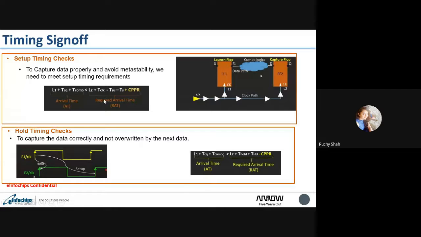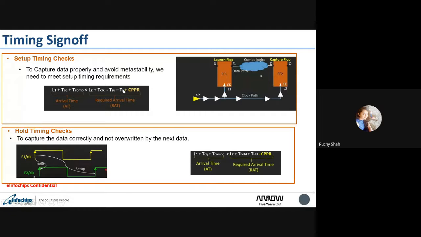And what is the required arrival time here? It is nothing but the latency L2, which is the delay between this clock to the capture flop clock pin. Okay, so this is your clock path, right? And the period of your clock cycle, right? Then there are two terms here: setup time of this capture flop. If you go through, you will find every sequential element has some setup and hold requirement inside it.